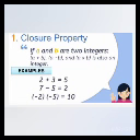7 is an integer, 5 is also an integer, and when we subtract these integers, we are getting 2. So 2 is also an integer. Minus 2 and minus 5 both are integers, and when we multiply this we are getting 10. So in this way we are going to solve the closure property.